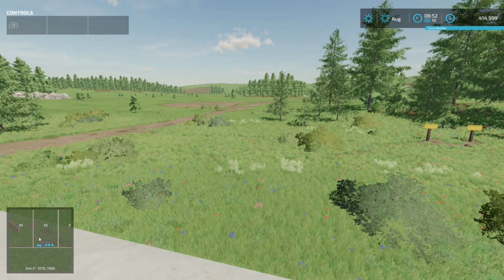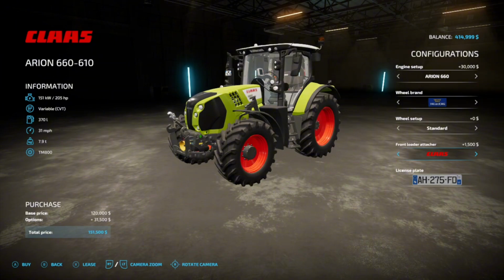That being said, folks, with our life savings, a small loan, and a crap load of unused land up for grabs, let's go ahead and get started. Now, I'll tell you what we've got planned for today in just a moment here, but I'm going to go ahead and tell you right now, I'm a huge fan of all of the Claas machines. So I use a lot of Claas machines throughout my playthroughs of this game here, and we're going to start out today with the Arion